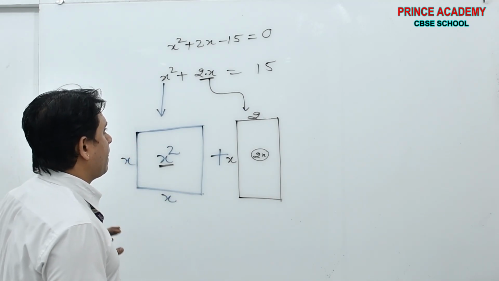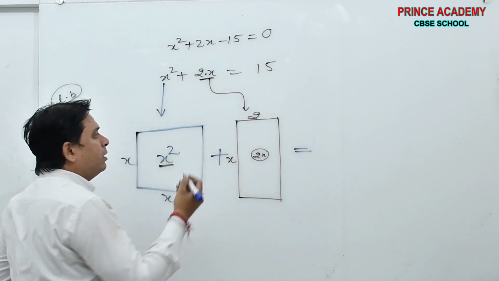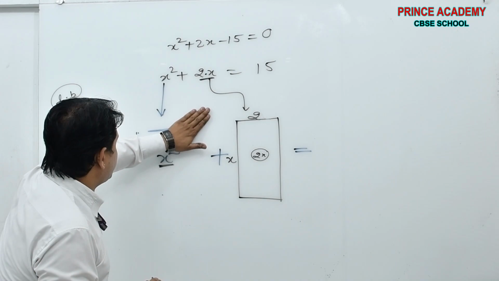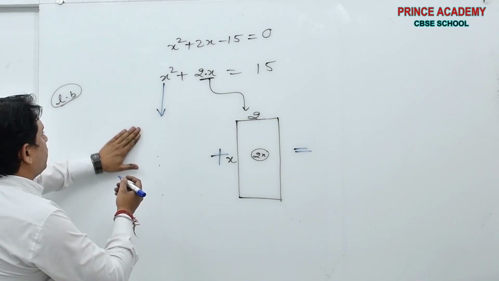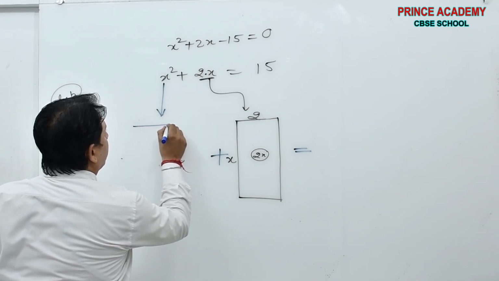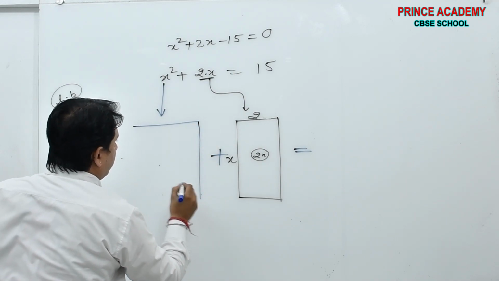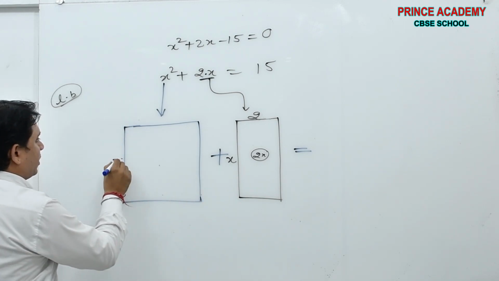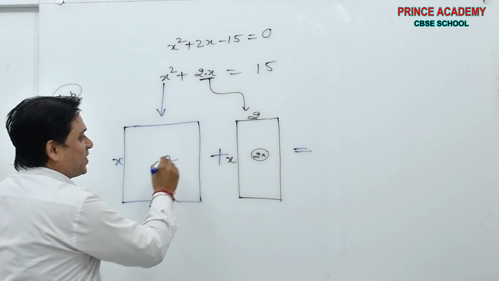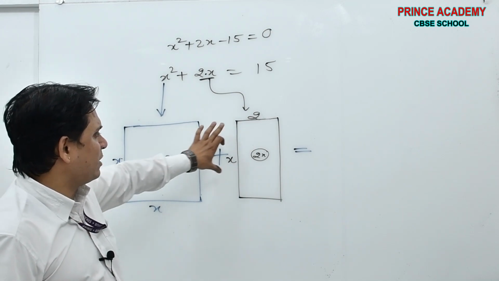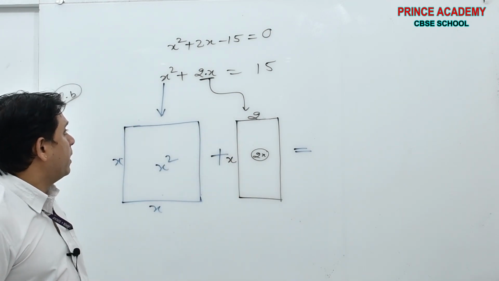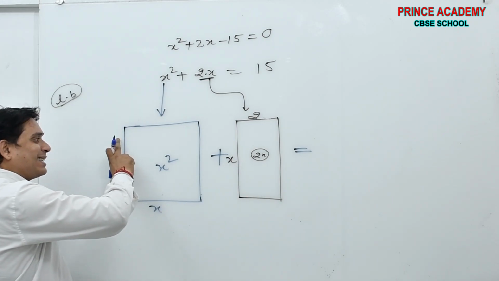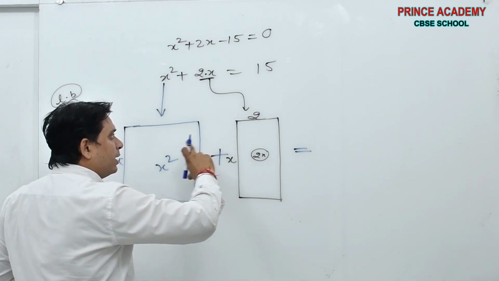Okay. Now see. What is here? See beta. Let me draw this square a little bit in a good manner, so that otherwise in the comments you will say, sir, it was not looking like a square. Yes or no? Done. Now it is larger. So please see here. Now, this is x square, this is 2x. Now see, this is x, this is x, this is 2x.